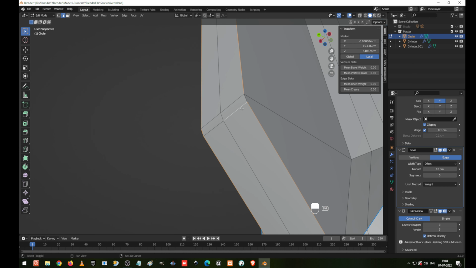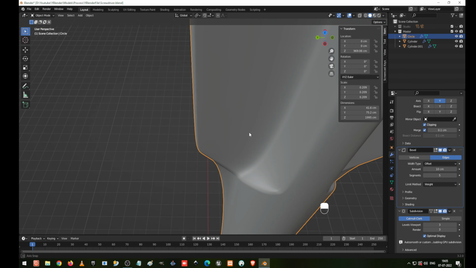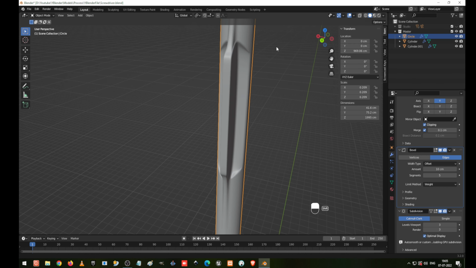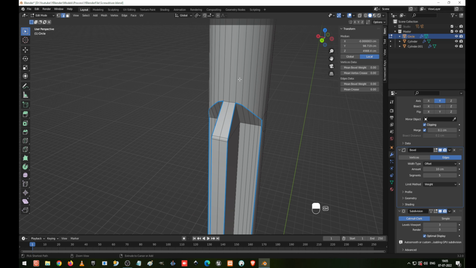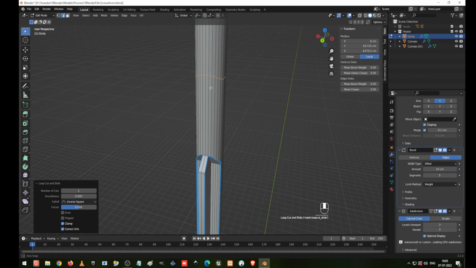Okay, zoom in for better convenience. Okay, right now I make it bevel weight 1. I'm going to turn off these two to 0. I go down now. Yeah, it looks nice, but we are facing some problems. So what to do for this? Press Ctrl R and create